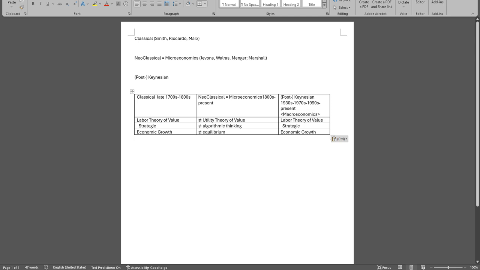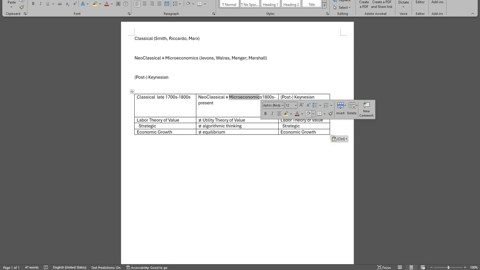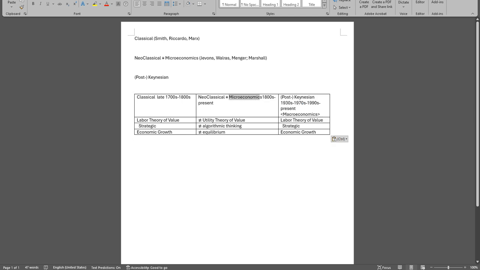fundamentally. And then we have microeconomics versus macroeconomics. So you see how, of these three, the nexus is neoclassical and microeconomics, with neoclassical being opposed to classical and micro being opposed to macro. As I said, though, macro in the book we're reading now has absorbed a lot of micro, but the distinction that Chiang is making within macroeconomics is micro